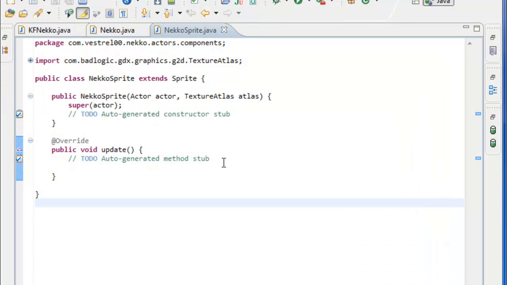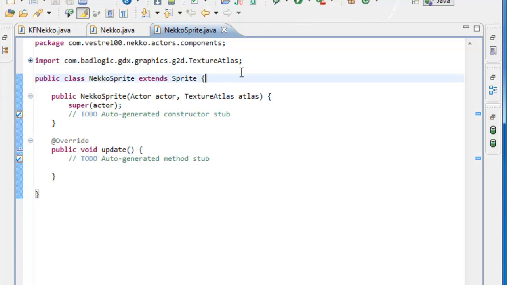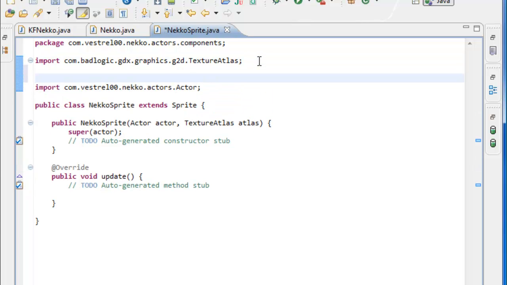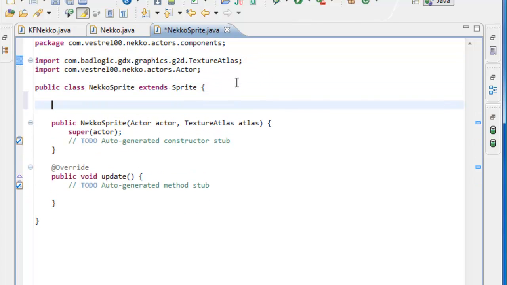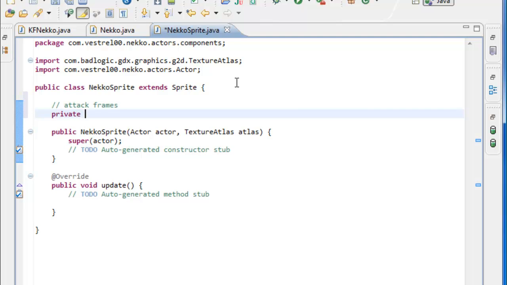Alright, let's go on to our Nekko sprite right over here, and let's go ahead and set up our attack frames. They're going to be arrays. We have our idle frame, our walk frames, jump,